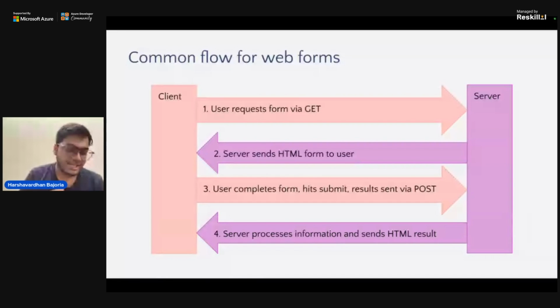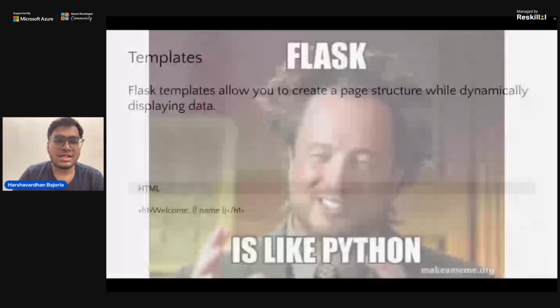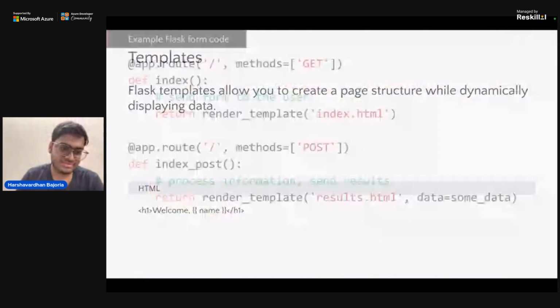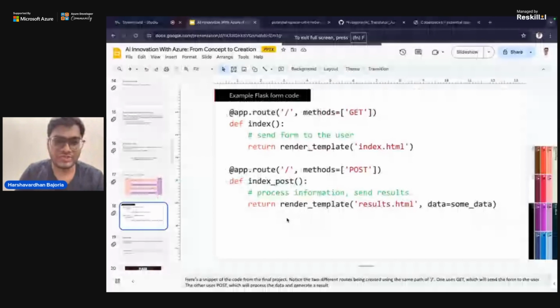Now, you might ask me, okay, that's fine, but how is it that it's working? Means, is it that we are going to write the code to translate the text? No, I said no. We are going to learn about Azure AI Studio, which will help you write the code yourself. We don't need this, and I hope you will get it that Flask is like Python because of things like this. And if I just go to the code of our today's session,